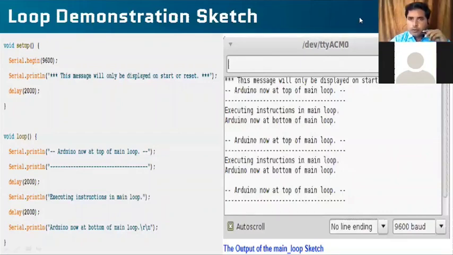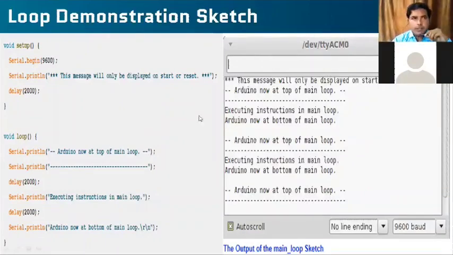Any doubts so far? I'm audible, right? You can write in the chat box. Understanding everything properly? Am I audible, right? Yes, you are able to see the slides. Yes. Okay. Shall I go ahead? Okay, fine.